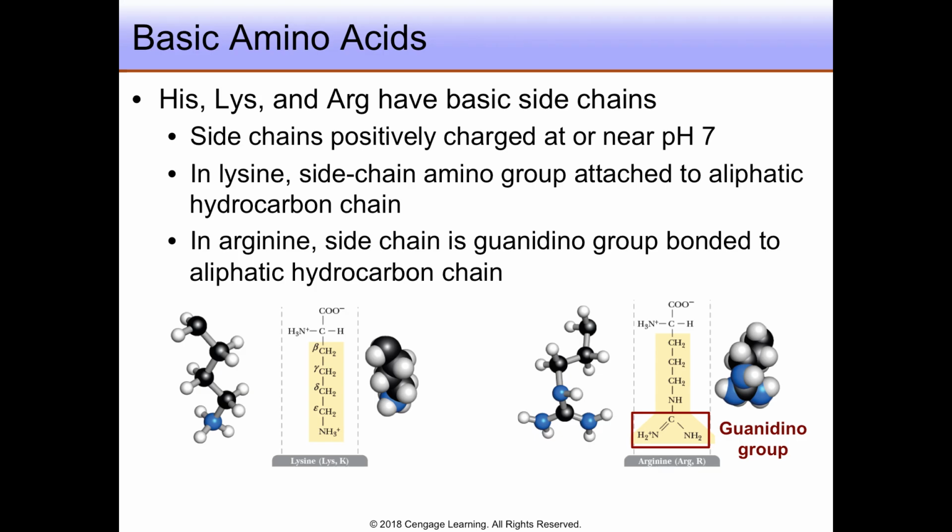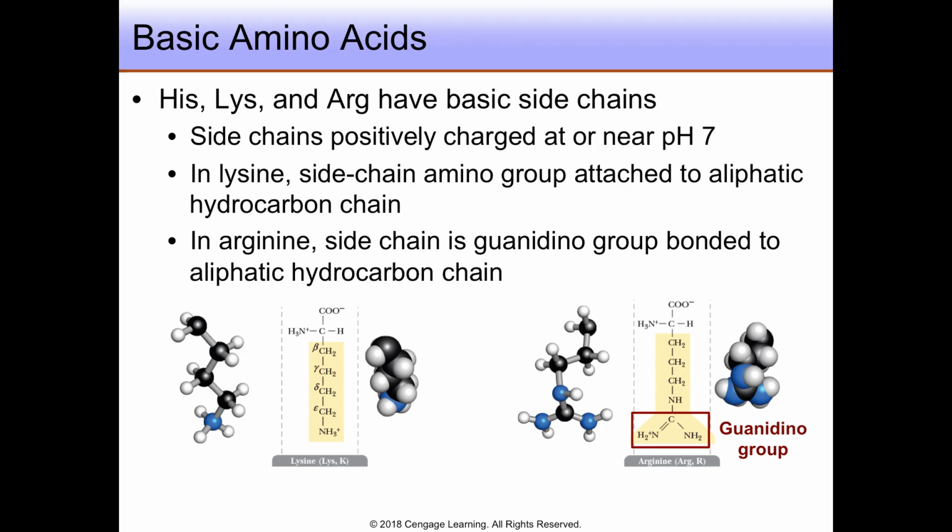Pictured on the left is lysine, which as you can see carries a long aliphatic hydrocarbon chain. However, it carries an end amine group at the epsilon position. This amino group has a high pKa value that readily accepts a proton at neutral pH, thereby becoming ionized. In the case of arginine on the right, it also has an aliphatic chain, but the terminal functional group is a guanidino group. It has the highest pKa value of any of the amino acids and is therefore always charged